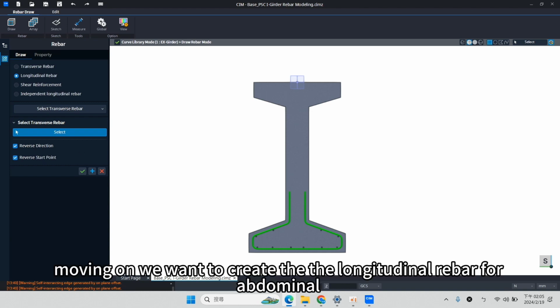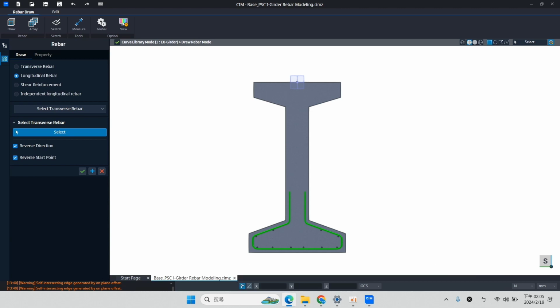Okay, moving on, we want to create the longitudinal rebar for abdominal. So it means this part, this work area.